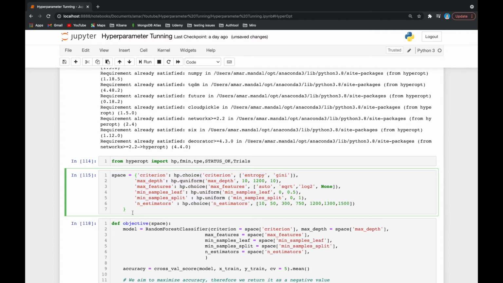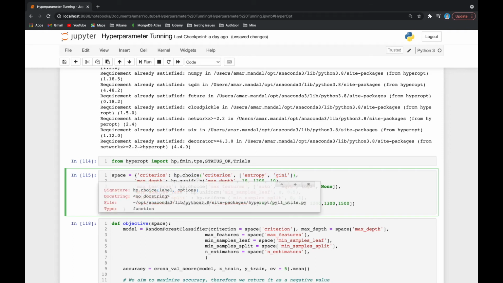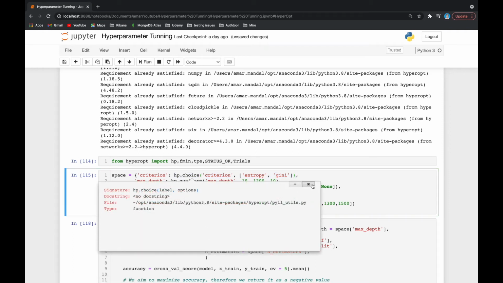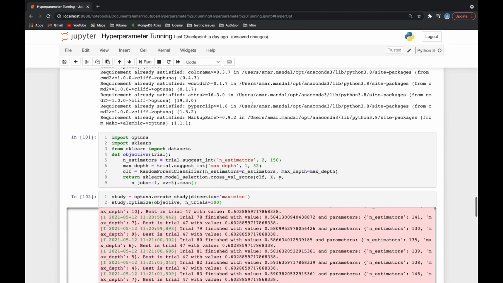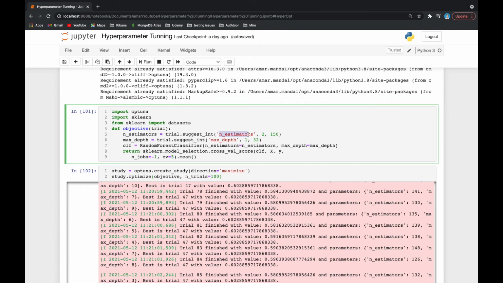The same way we have to write, but there is a method we are using over here, hp.choice. So what we are doing in this dictionary, we are passing key name as parameter and the parameters that we have to pass into our model. So we are using a method called hp.choice. Inside that, let us see what all parameters we can pass over here. First we have to define the string value that you have to name, then the range.